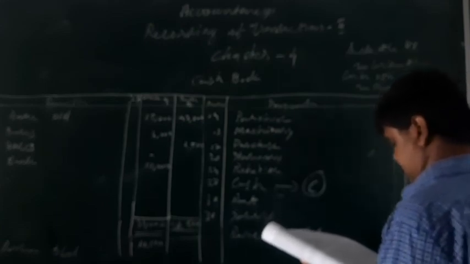That amount we are reducing. While reducing, you can see that this side has more amount than this amount. That balance is coming, 13,900. That means 13,900 more amount is here. That we mention as balance carried down. The next day, as I mentioned here, balance brought down in the bank will be 13,900.